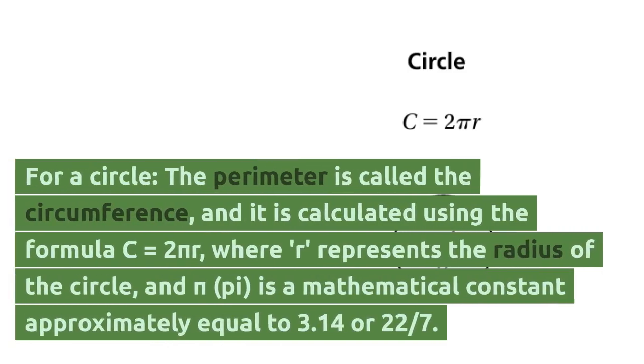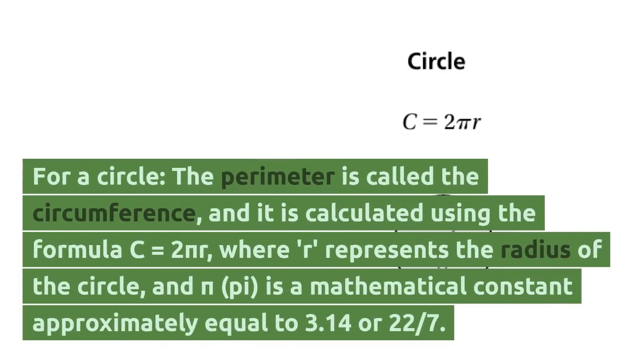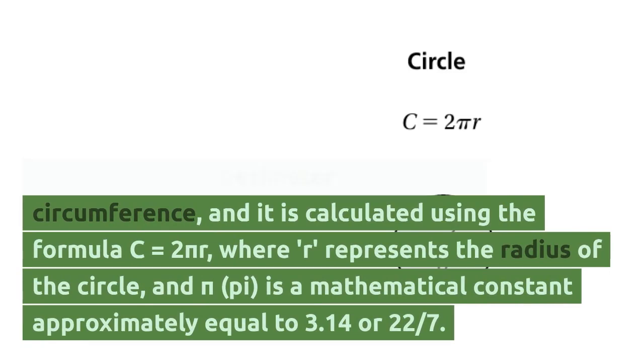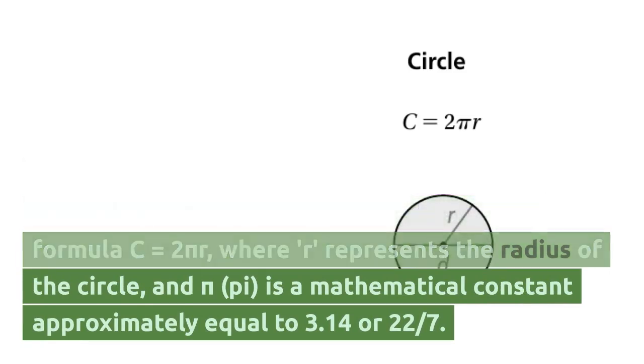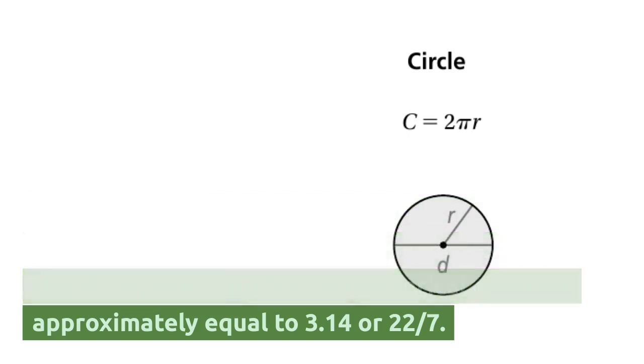For a circle, the perimeter is called the circumference, and it is calculated using the formula c equals 2 pi r, where r represents the radius of the circle, and pi is a mathematical constant approximately equal to 3.14 or